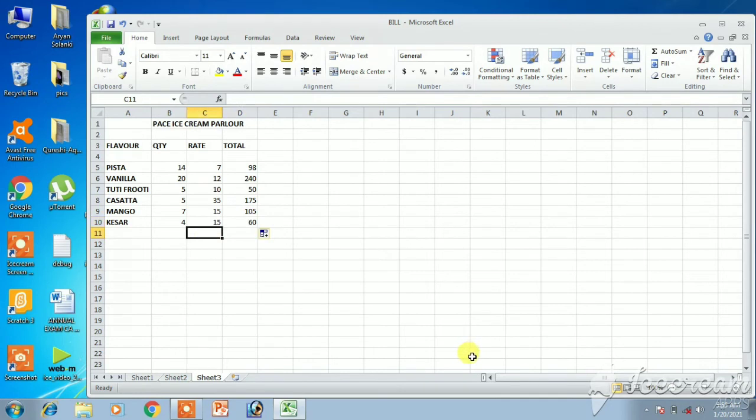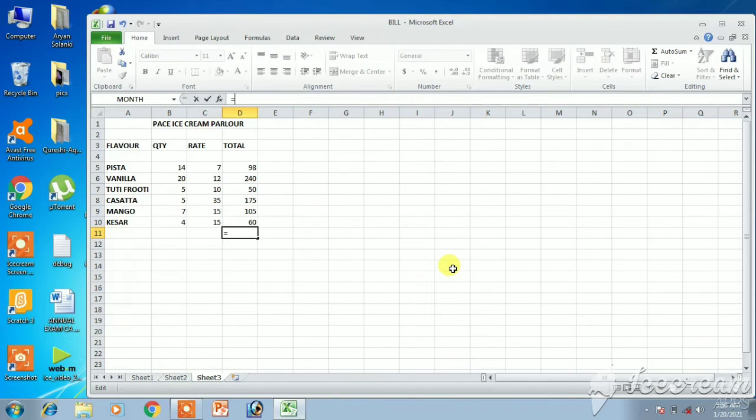Now students, as said, we have to find the total sales. Total sales means we have to add these cells. Now what answer do we want? You can see sum equals 728. So we want the 728 here. But we cannot write the answer directly. We have to write the formula. So how to write the formula? You have to go to the formula bar and this time, without writing all the cell addresses, if you want you can simply write equals to, and then which cells we have to add? D5, then D6, D7, D8, D9 and D10. Okay, so we can write that also.